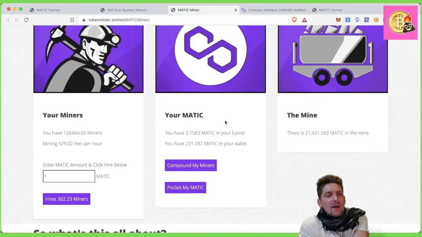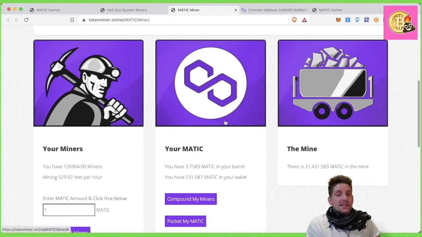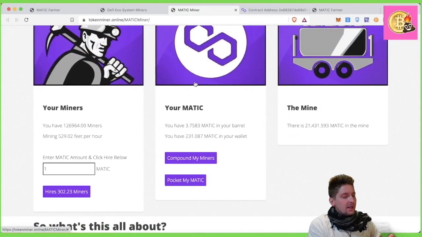Because the problem that we have with miners is that as people start to sell more, the balance in the miner goes down, the reward balance. And as the reward balance goes down, the APR that everyone gets paid out also reduces, so people start actually earning less and less MATIC. But by having a contract which boosts it every week, essentially it's going to be able to maintain a higher ROI per day for everyone else that's using it. And I'm hoping that that just doesn't